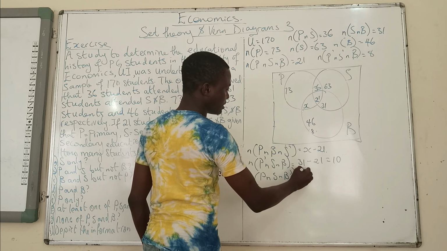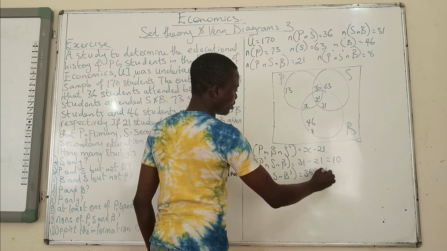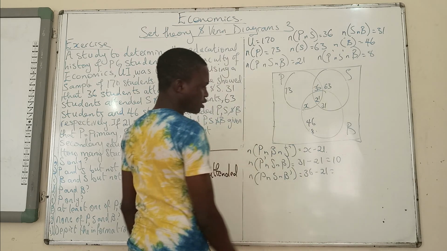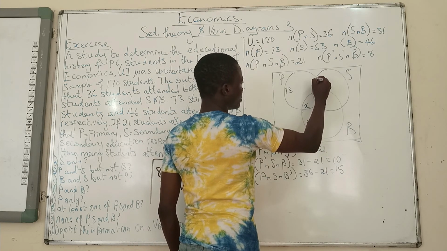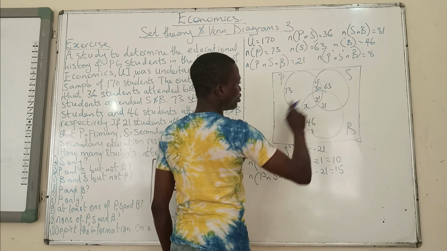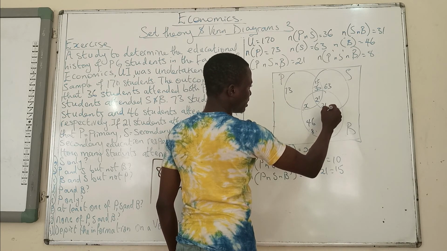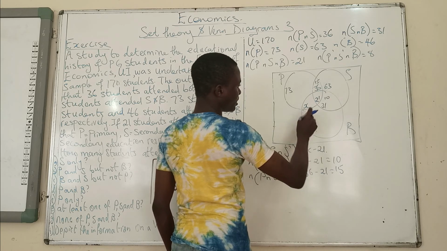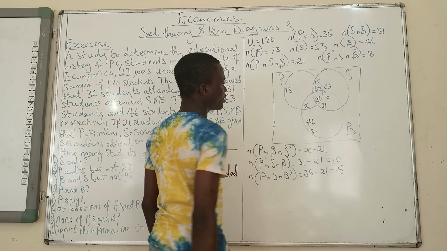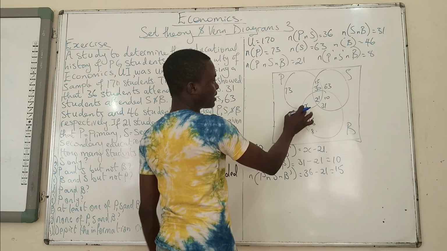We'll have 36 minus 21, and that's going to give us 15. So that means 15 students attend P and S only. Then let me write it small: I think 10 students attend secondary school and post-secondary school education only, and we can't get this yet because this